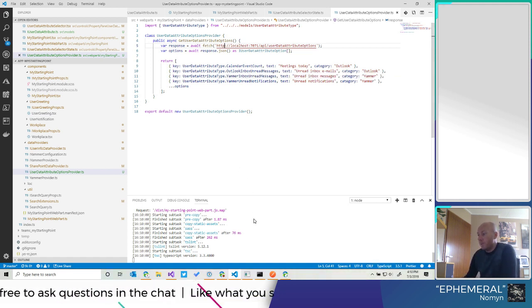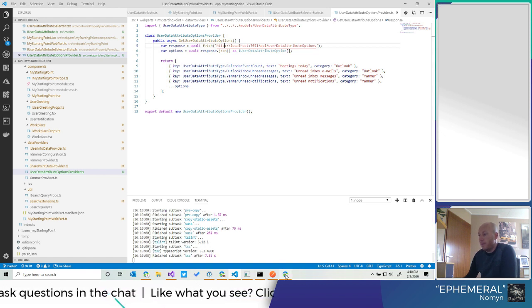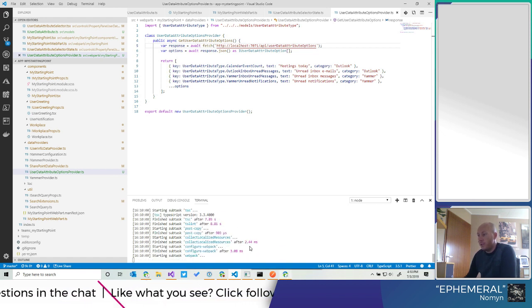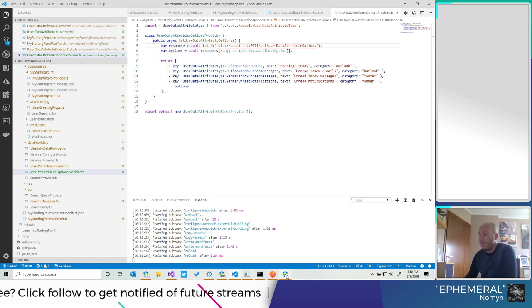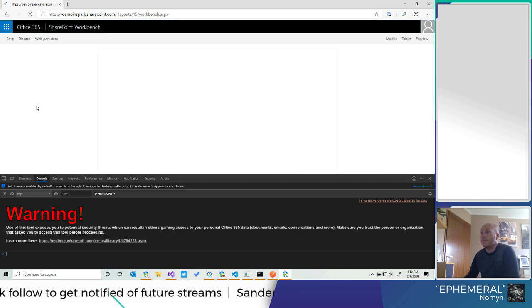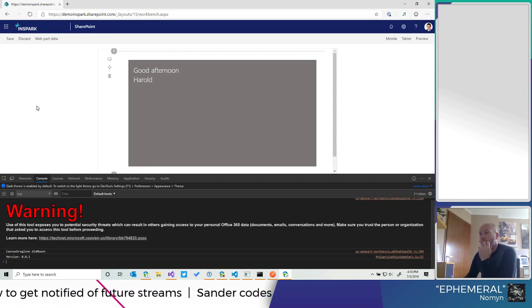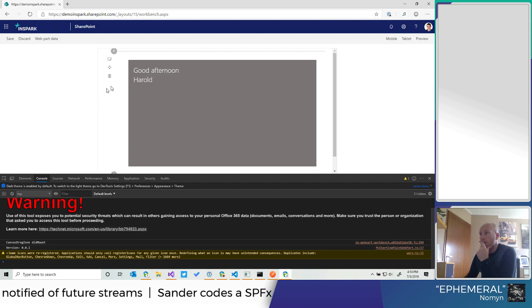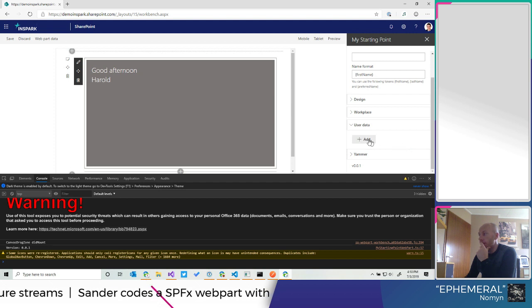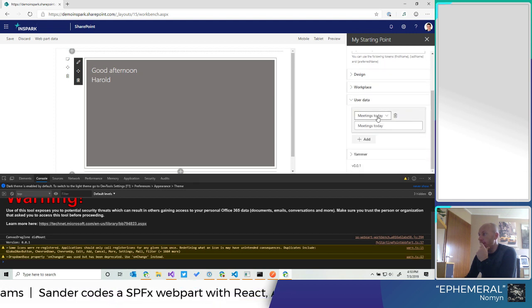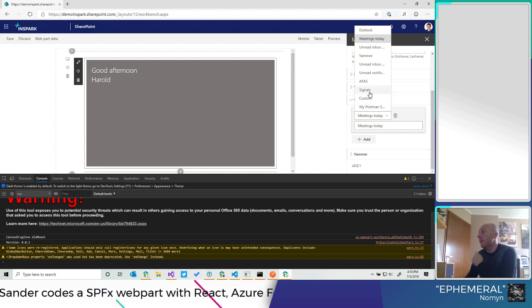So saving it will recompile, and as soon as it tells me to reload, I can refresh my page, and if all goes well, we won't see that error again. There we go. So this time let's click edit, and we don't get the error. Now we can click the add button, and if all goes well, here we are.